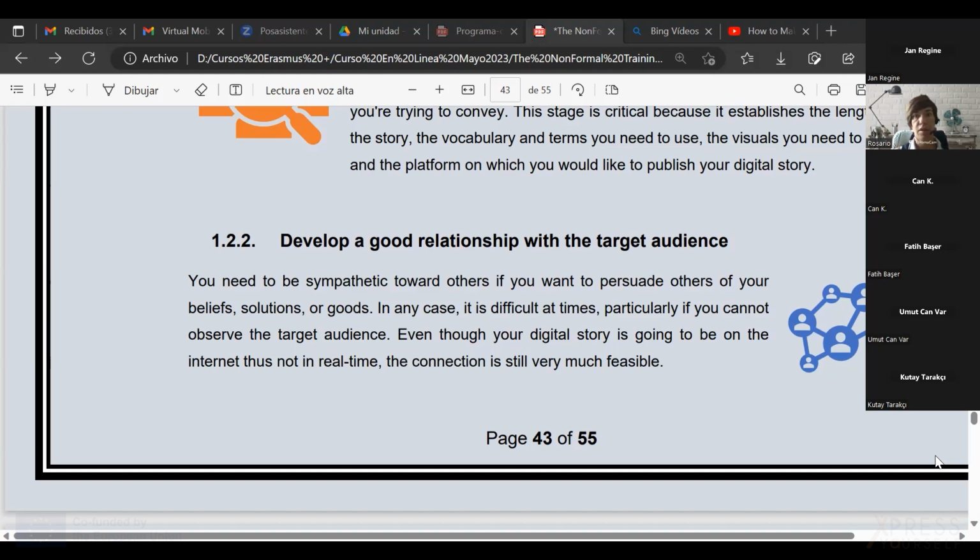And this brings me to something we have to take into account as well, because as you cannot observe your target audience, you're going to share your content, your storytelling, online. You have to keep in mind that there are also those called haters, and most of the time you're going to find them.